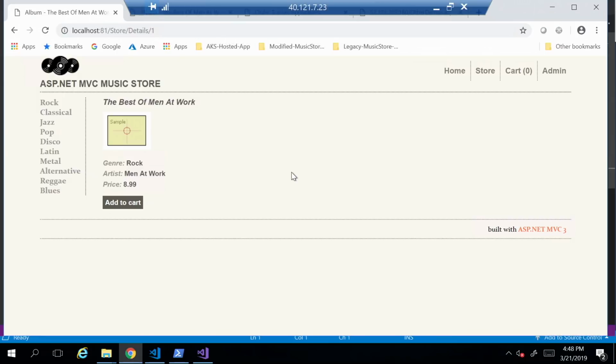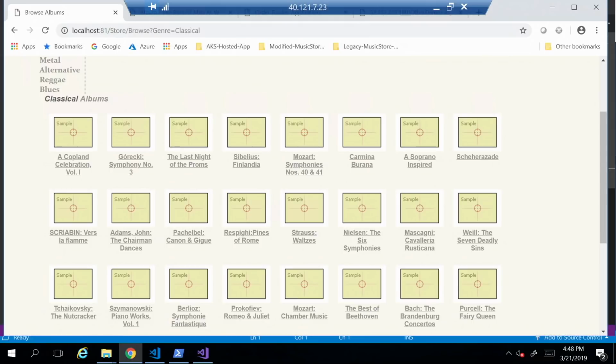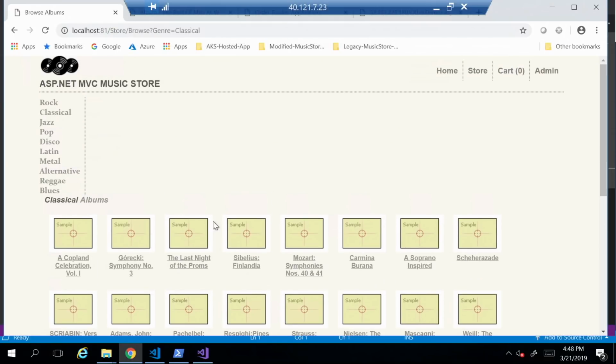The beautiful music store app. And you know, this is what you would expect. I can go create an album, but notice here that I'm running on localhost 81 at this point. And of course, we don't want to do this, we want to go back and show you the other application here.